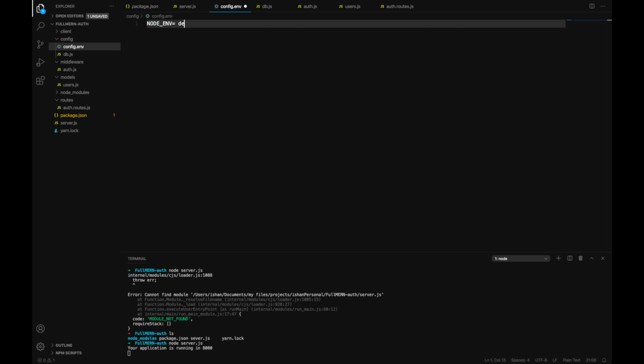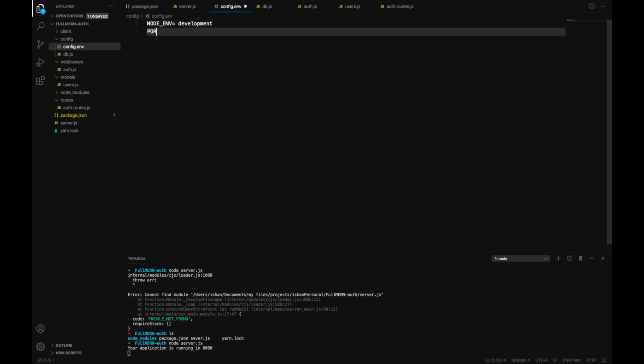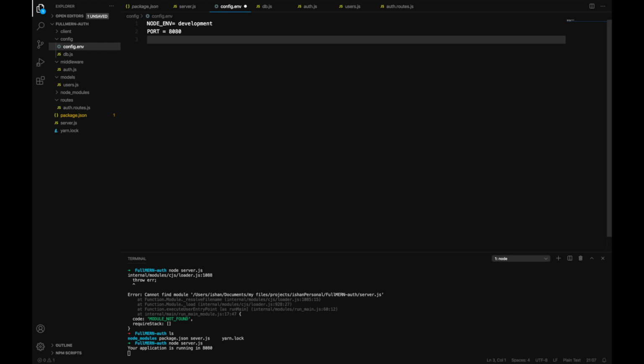So it is the development environment that we are currently on. So I wrote development, and we'll be working on port 8080, and we'll also have a Mongo URI, which is the connection string